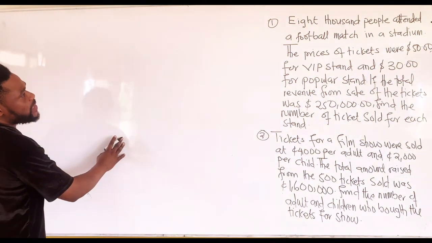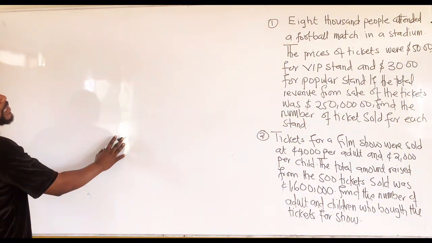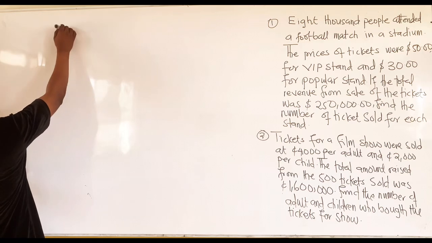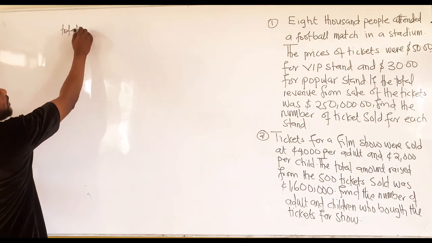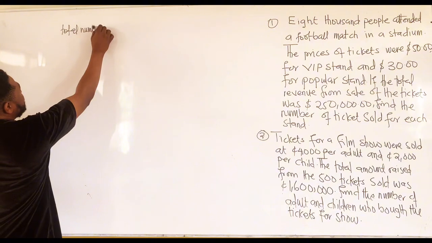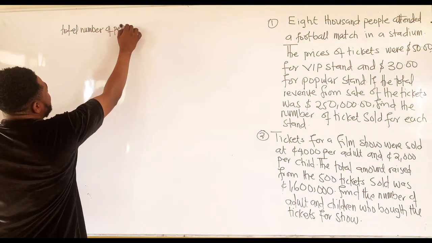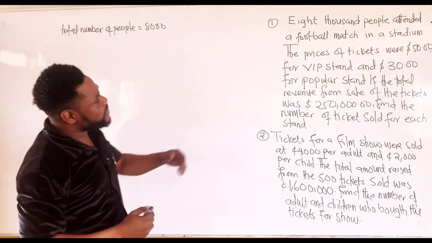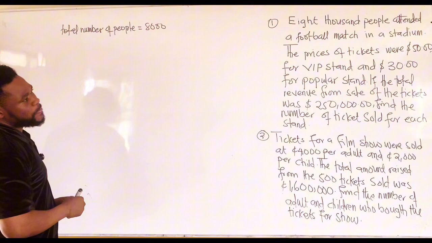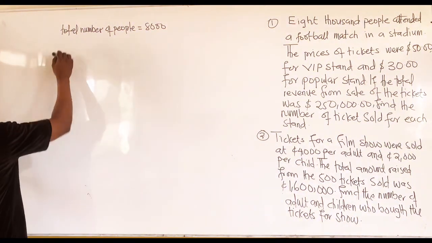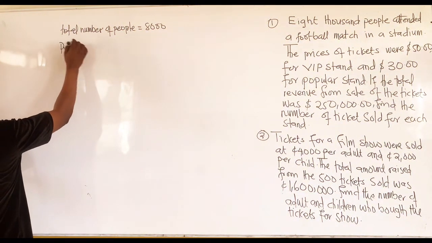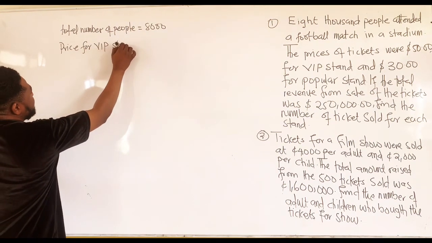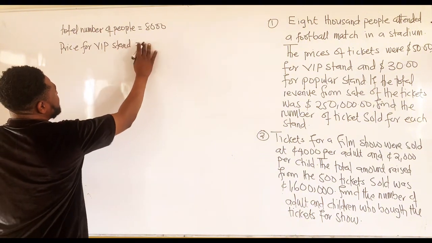We have been told in the question that 8,000 people attended a football match in a stadium. So as a good student, what do you do? You write your data down. That is the total number of people that attended the show, so we write it down nicely as 8,000. The question continues. The price of ticket was $50 for VIP stand. So again, we have the price for the VIP stand, so we write that down as well, and that is